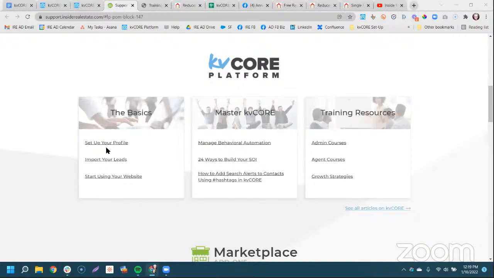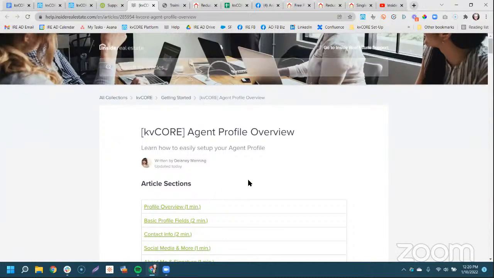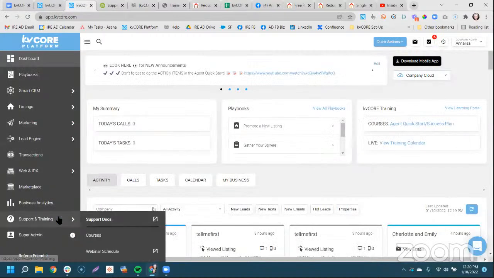So what do you need to set up your profile, import leads, start using your website, and what are we looking for initially? And then it kind of pops you into our article wiki per se. And it talks about how do I set up my overview for my profile, my basic profile fields, contact information, all that. If you also go in here and go to courses,